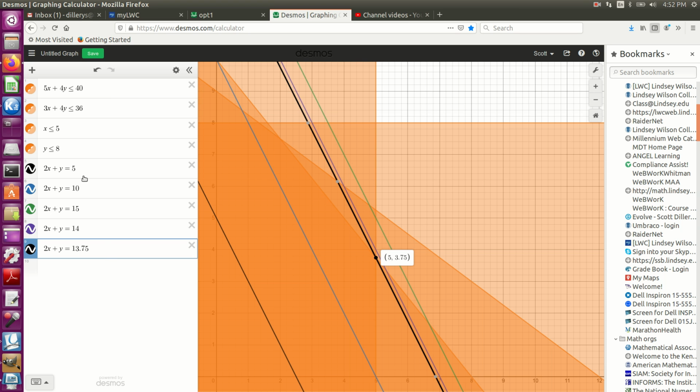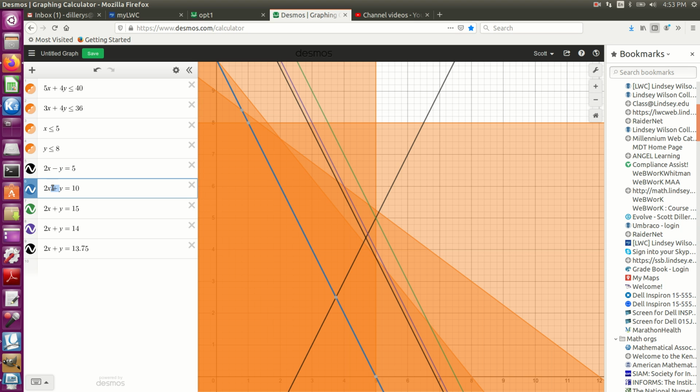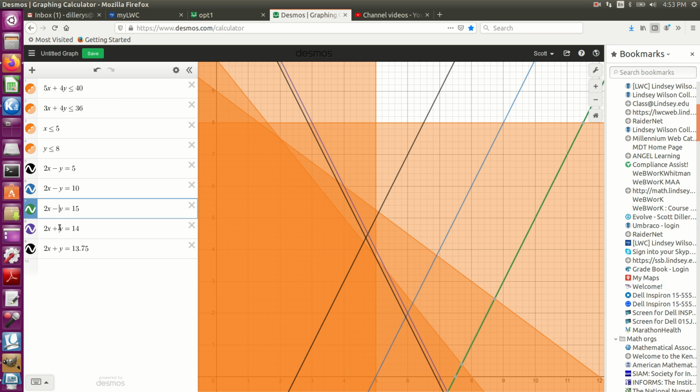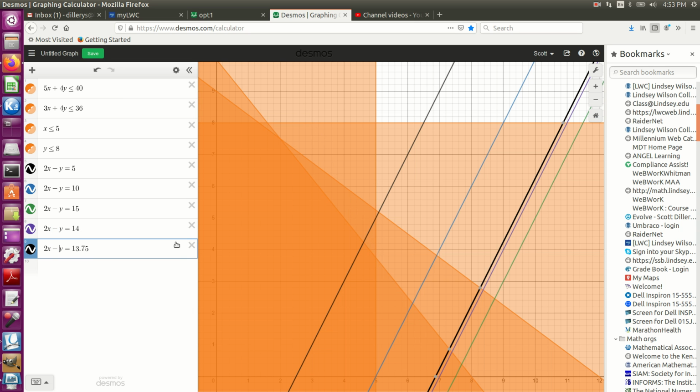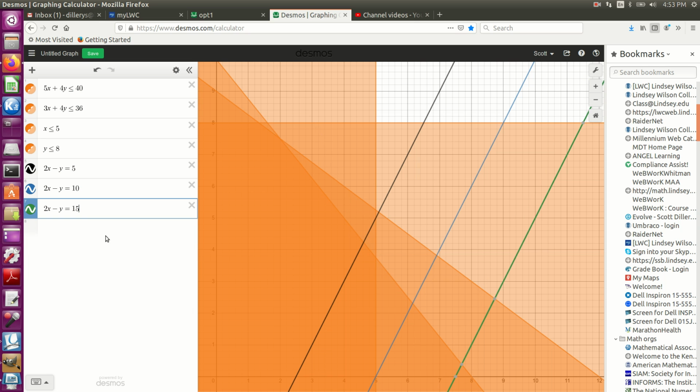Okay, and so real quick, let's just make it 2x minus y, and suppose I want to maximize that. So I'm just going to look at all these different things. I'm not really looking at what I have here. I'm just going to get rid of those two just to see what's happening. So the black line is 5, the blue line is 10, the green line is 15. Well, once again, here's where we start. The blue line looks like that might be as good as I can do,